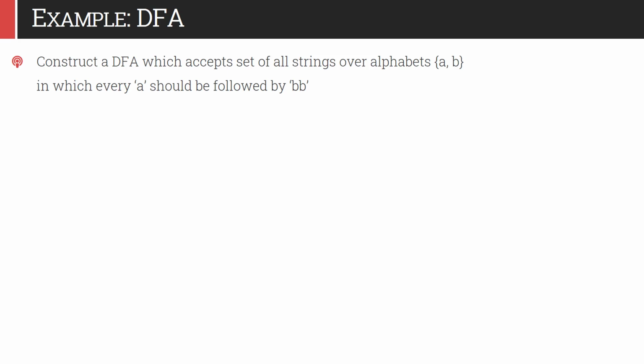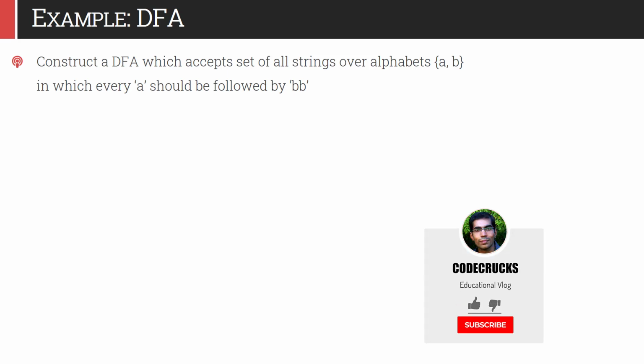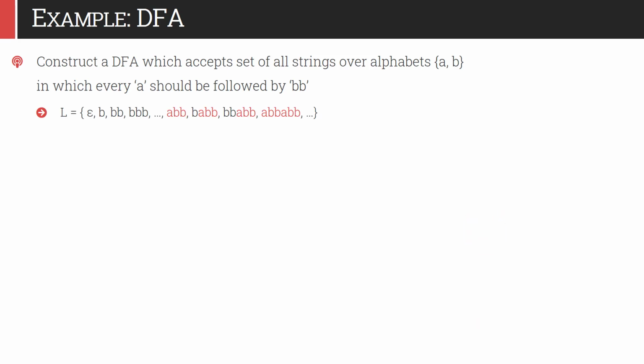That means if there appears an a in the string, then there should be immediately 2 b's after that, at least 2 b's. We can have more, but if there is an a, 2 b's must be after that. And it is not compulsory that the string should have an a, but if there is an a, it should be followed by double b. So our string can contain epsilon, it could be single b, double b, triple b, or infinite b,